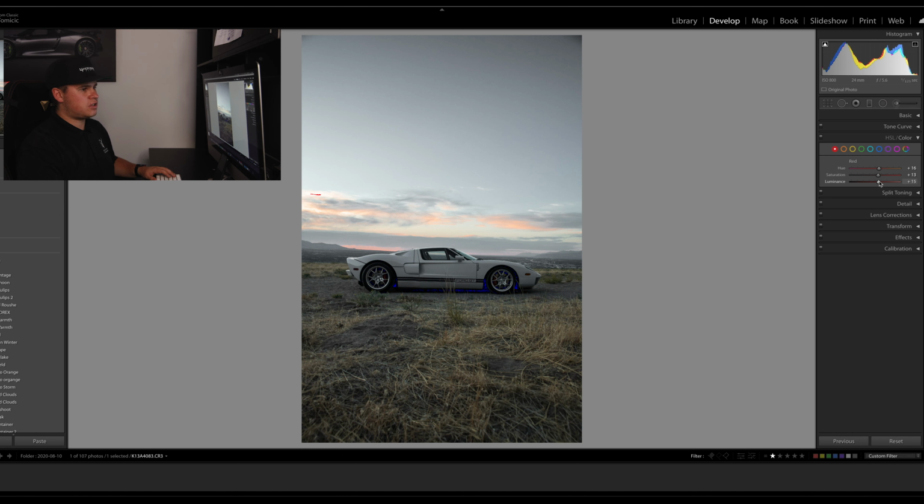Now there's another way of doing this. You can actually use the radial filter, but the difference is the radial filter does everything inside the circle, and I don't really like that too much. I'd rather keep it specifically on the subject. It's a little bit more tedious using the brush tool, but I think it's great. So I'm just gonna come in here, I'm gonna bring up my brightness here just to get an idea of